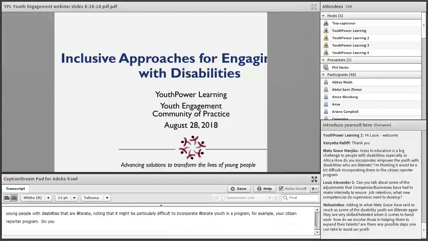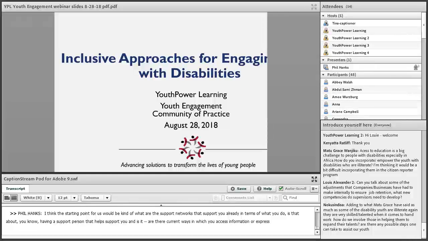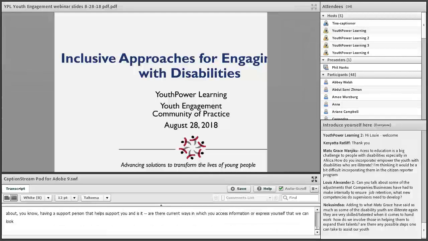Yeah. I think the starting point for us would be, what are the support networks that already support you in terms of what you do? Is that about having a nominated support person that helps support you? Are there current ways in which you access information or express yourself that we can look at replicating through our program, and having those conversations to start a conversation about what requirements